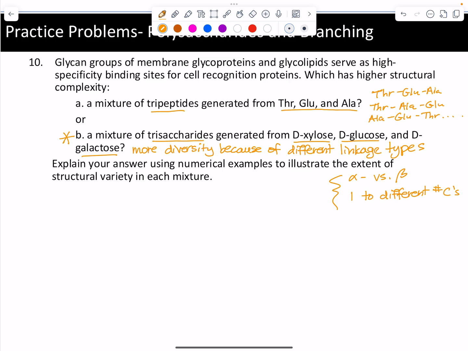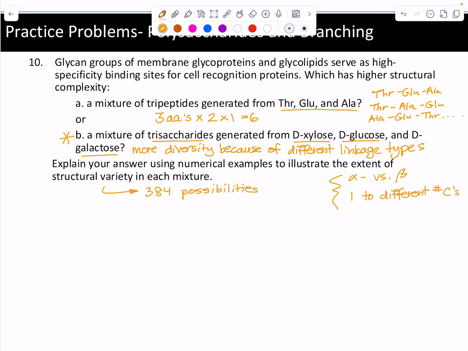We can only do that in 6 possible ways. So we've got 3 amino acids times 2, and then we only have one way of linking them up. So that's 6 possible ones. Okay. In contrast, if we do the numbers out, we have 384 possibilities